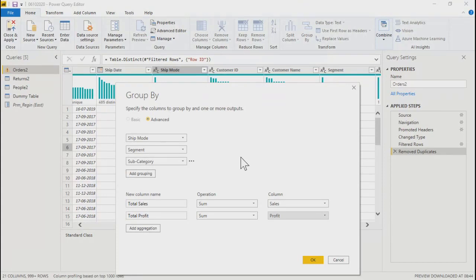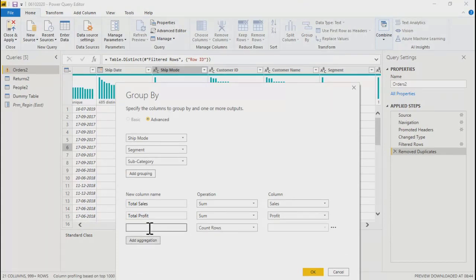Yeah, one operation on one column, right? Yes, that's true. So if you select the basic one, you get only one aggregation level and one measure. In advanced, you can have multiple aggregation levels and multiple measures. Okay.